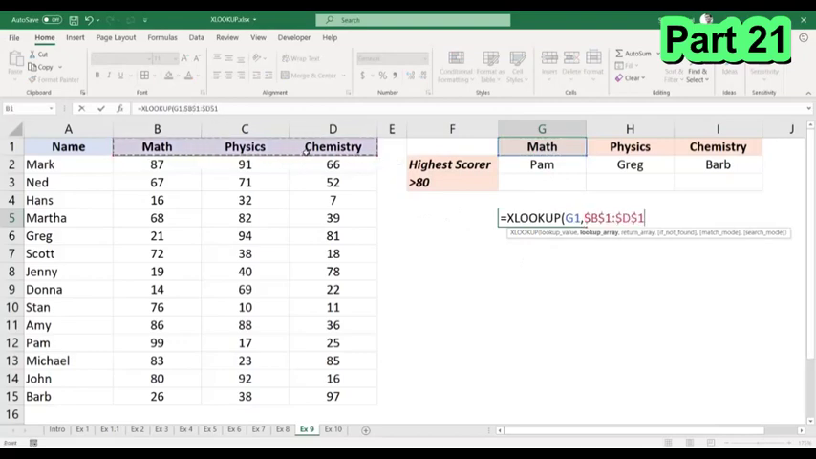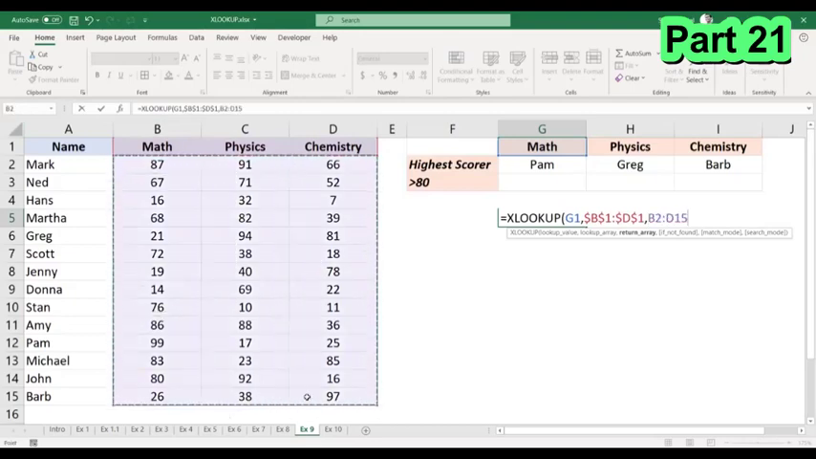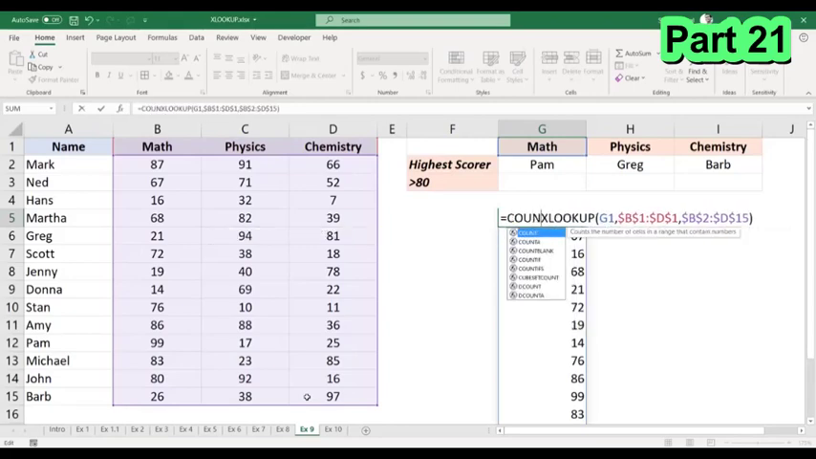Let me press F4 to lock this. And my return array would be this entire range. Let me again press F4 to lock this. And now it gives me all these values. And in this, I'm going to use a simple COUNTIF formula. So here I would use COUNTIF. My range would be all these numbers, and my criteria